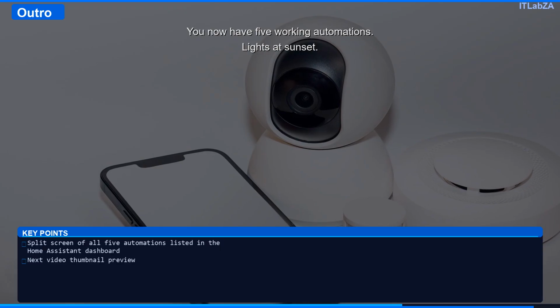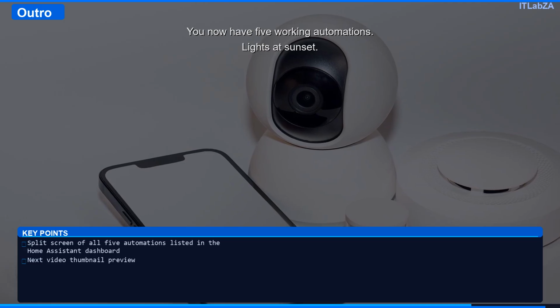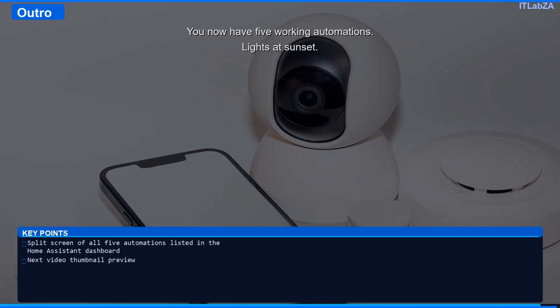Done. Automation 2. Motion Triggered Lights. This one requires a motion sensor. If you have a Zigbee or Z-Wave sensor paired to home,